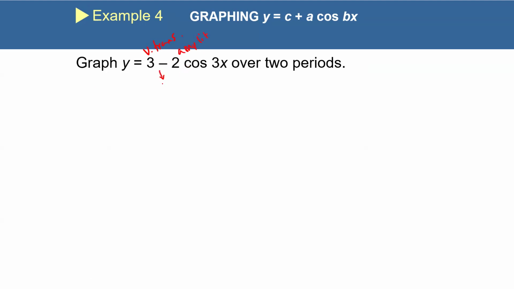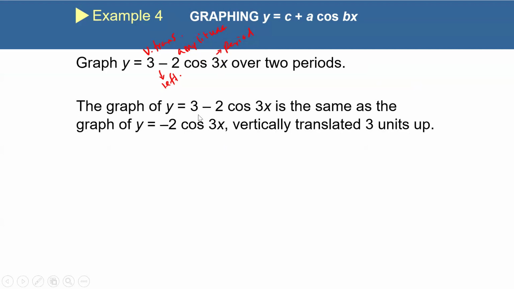We have a reflection over the x-axis, and we have a change in our period. All those things are important to note because we're going to have to identify all pieces of this. The things that are affecting your range are going to be your vertical translation and the change in your amplitude. Amplitude, okay? So first, the graph of